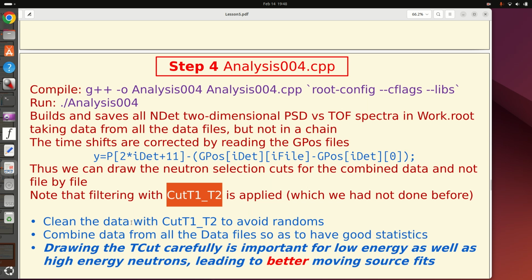So I think it's important to combine the statistics like I have done here, because you want to have clean data. So also I am going to apply the T1 T2 cut while doing this work. I don't want the randoms which come from the elastics. So what I do is, earlier on I didn't do it, but now I think it's important, so I've included